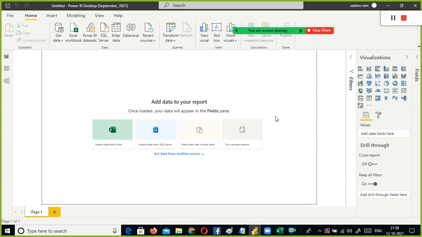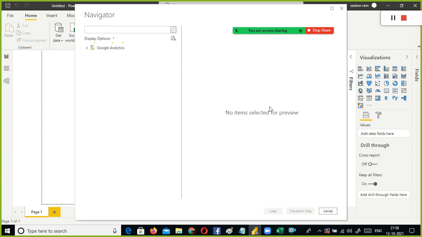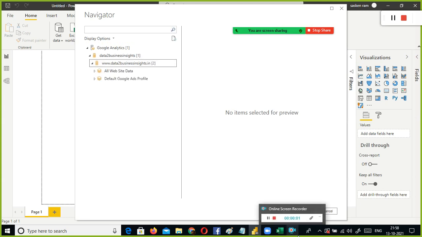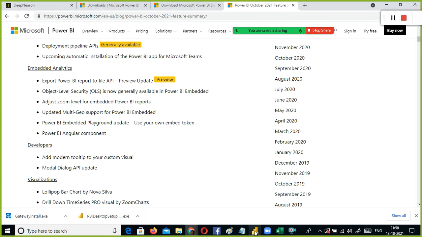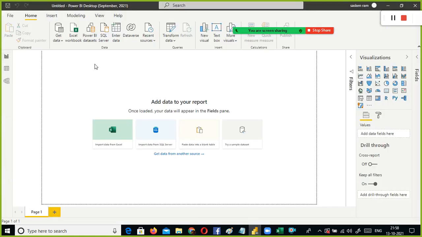I already gave it; that's my Gmail password. With that I'm able to log in here. Since I already enabled this, I can pick up the values from here also. Not only Excel sheets, you can use JSON, and even online you can pick up the data. Various options are available with Power BI Desktop.